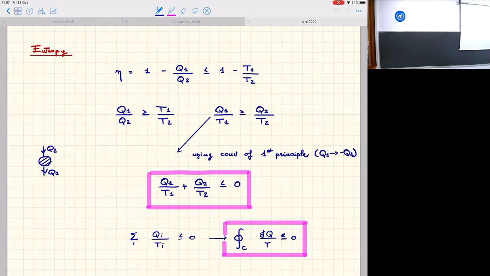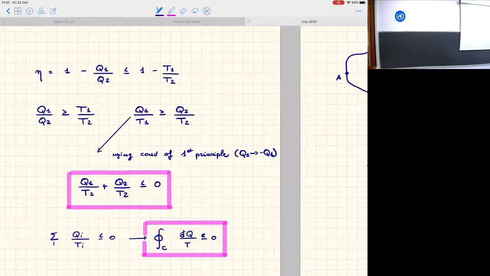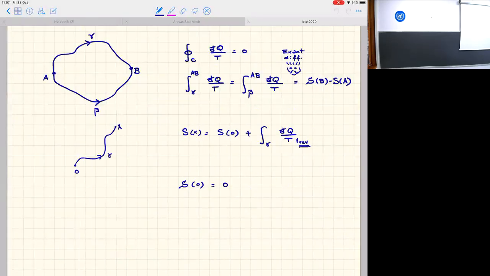Anyway, so last time we've been introducing entropy, the state function entropy, right? And what we said is that entropy is defined by this integral, where the integral is computed along a reversible transformation connecting 2 points A and B. And in particular, if you want to define the state function entropy, you have to decide what is your reference point,